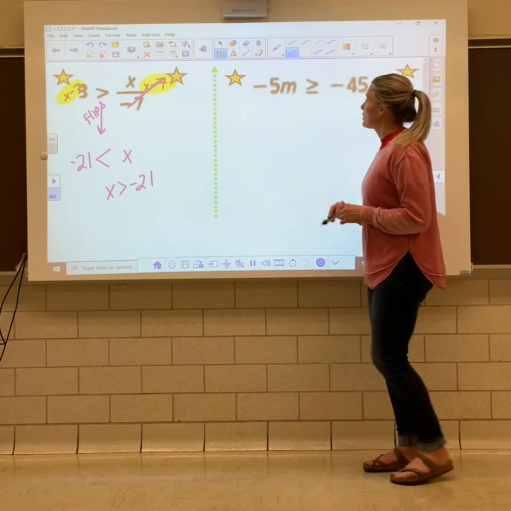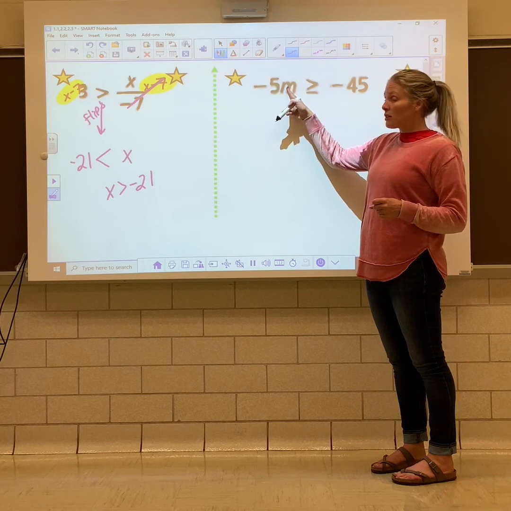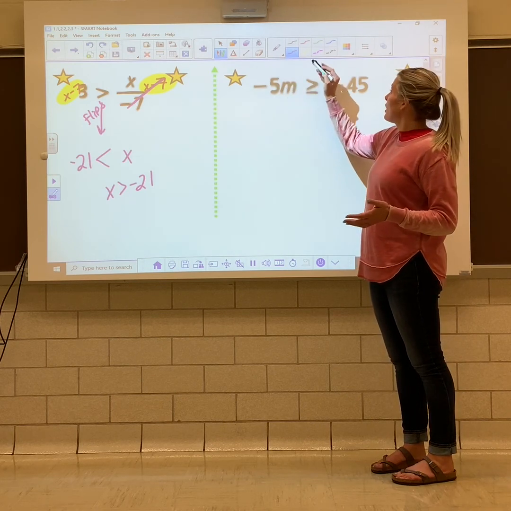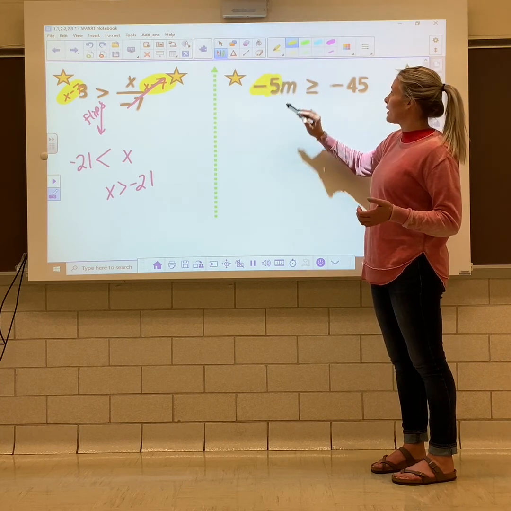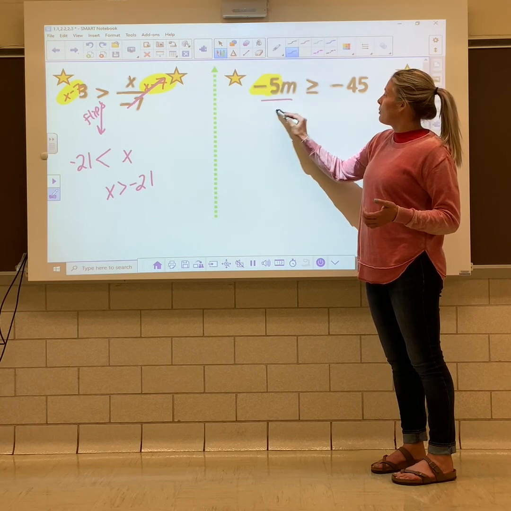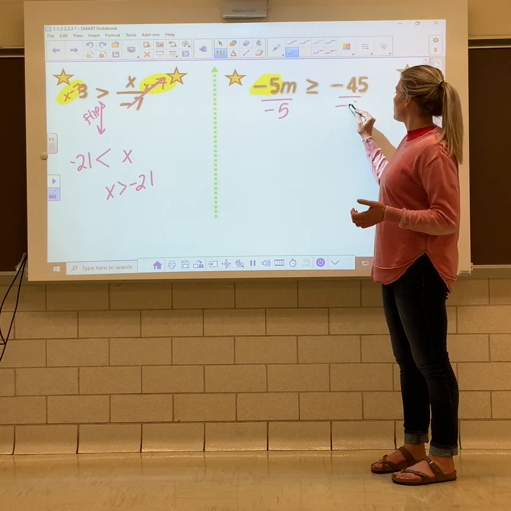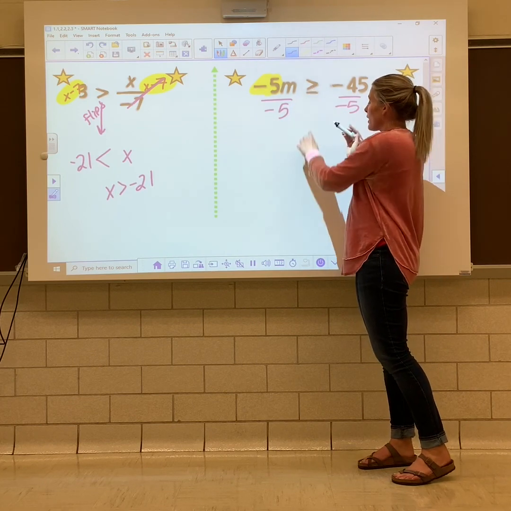Last example. My goal is to isolate M. A number beside a letter is multiplication. I do have to be wary because I'm dealing with a negative. So I'm going to divide each side by -5. The number that is dividing is negative, so I know my inequality